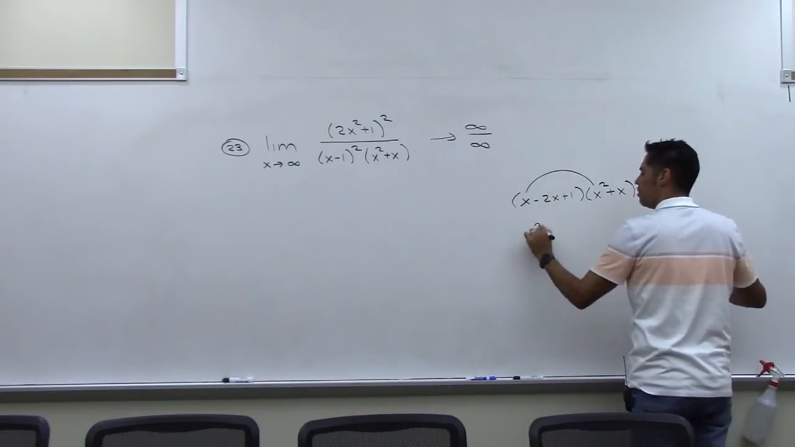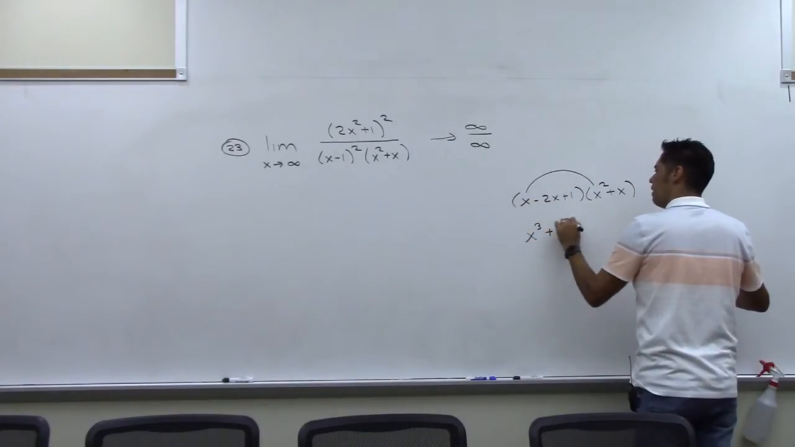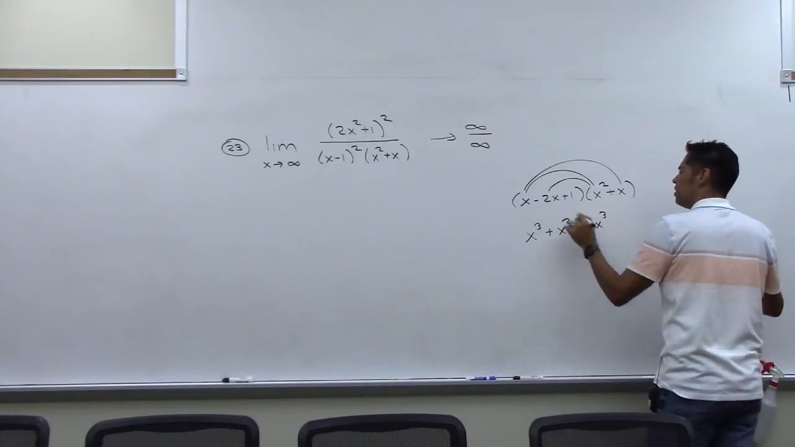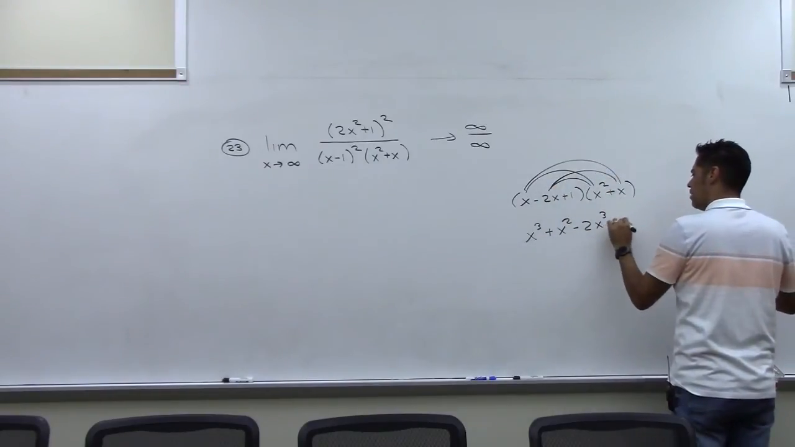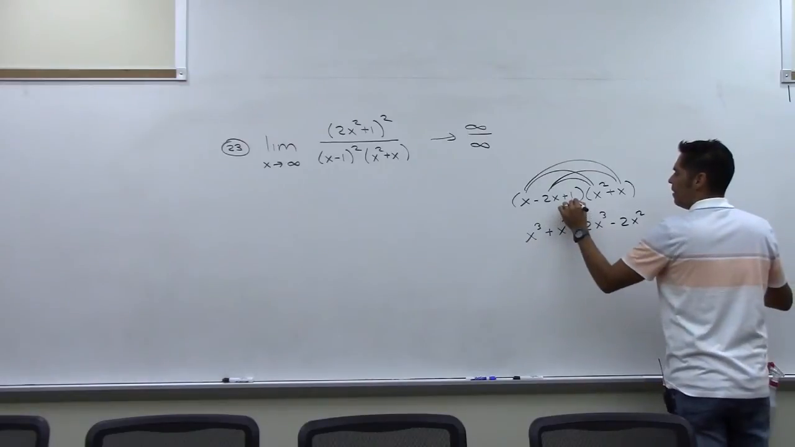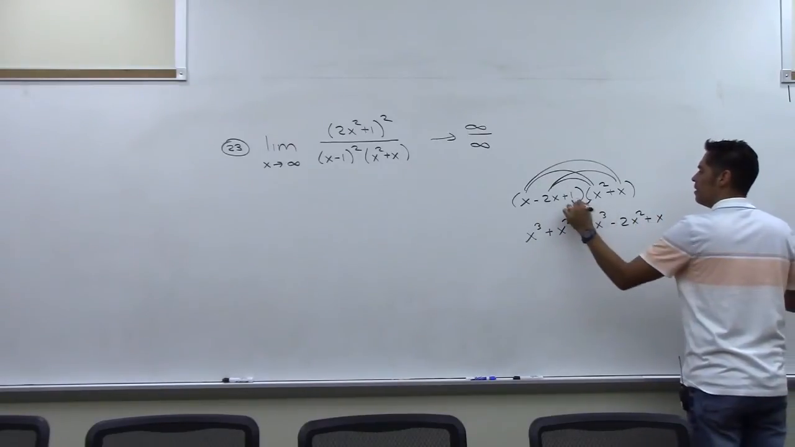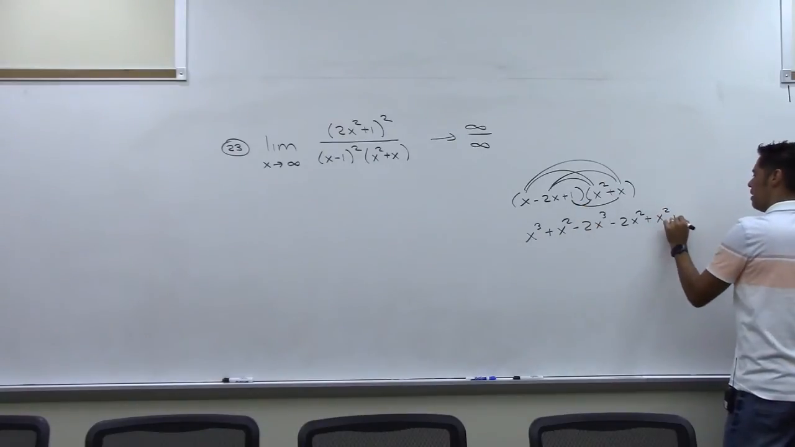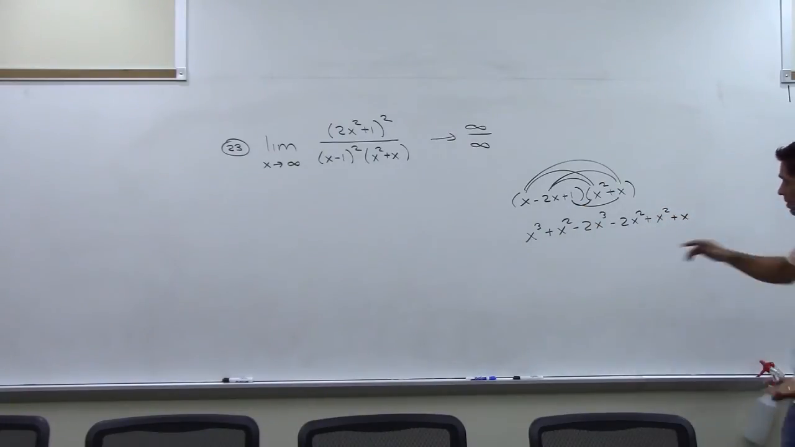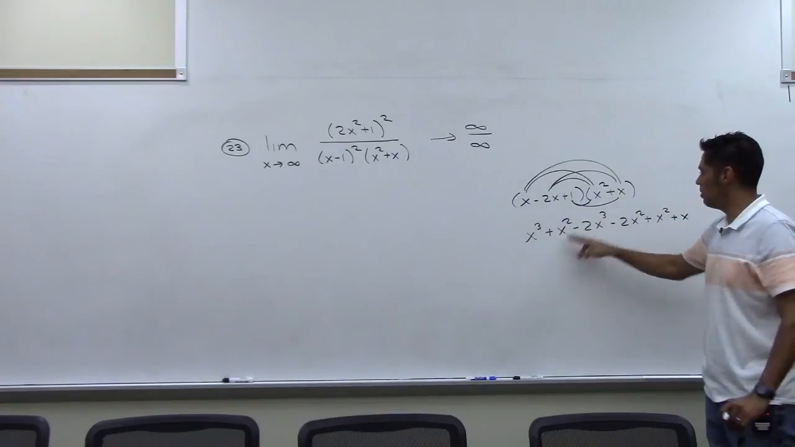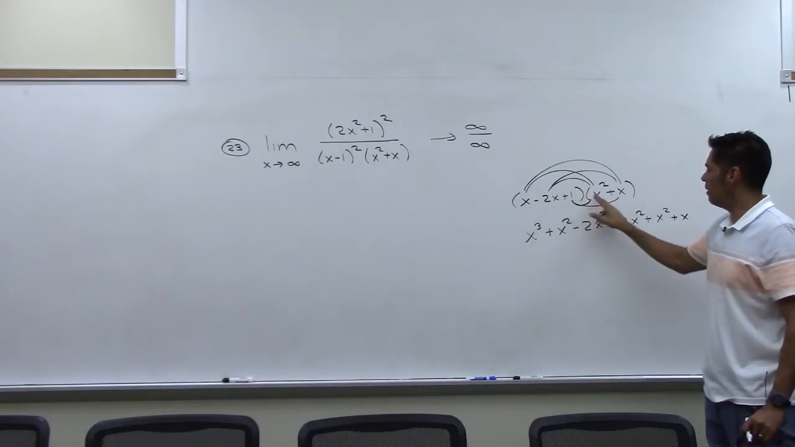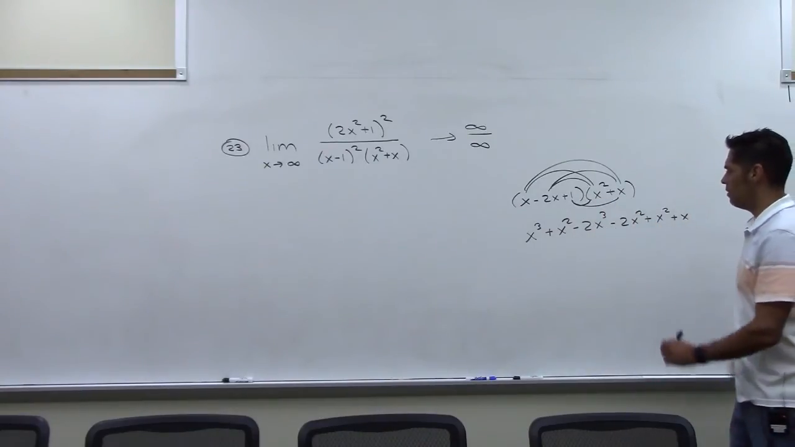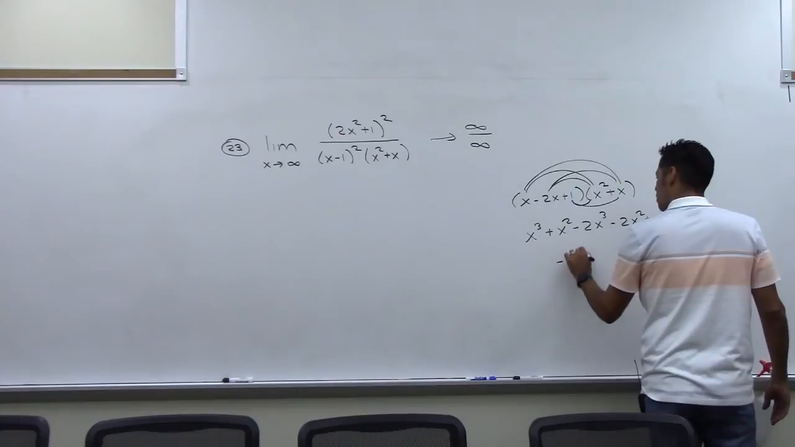So I get x cubed plus x squared, that was this one. Then this one, minus 2x cubed. And this one here, minus 2x squared. And then this times this, plus x squared, and then plus x. All right, let me just double check this. x cubed plus x squared, negative 2x cubed, minus 2x squared, x squared. Okay, combine like terms, negative x cubed,